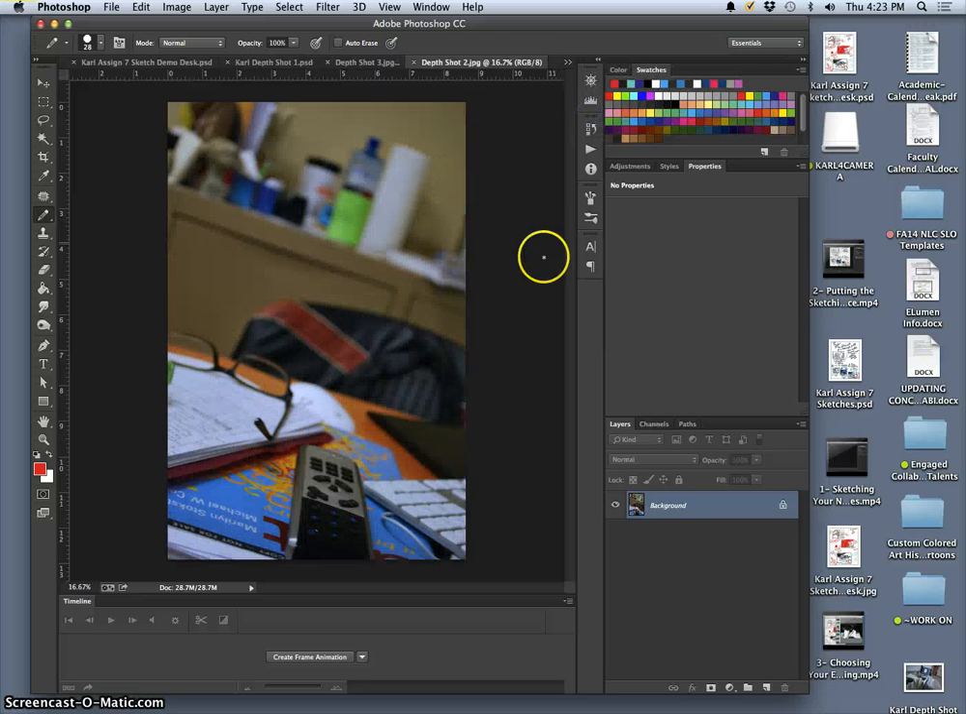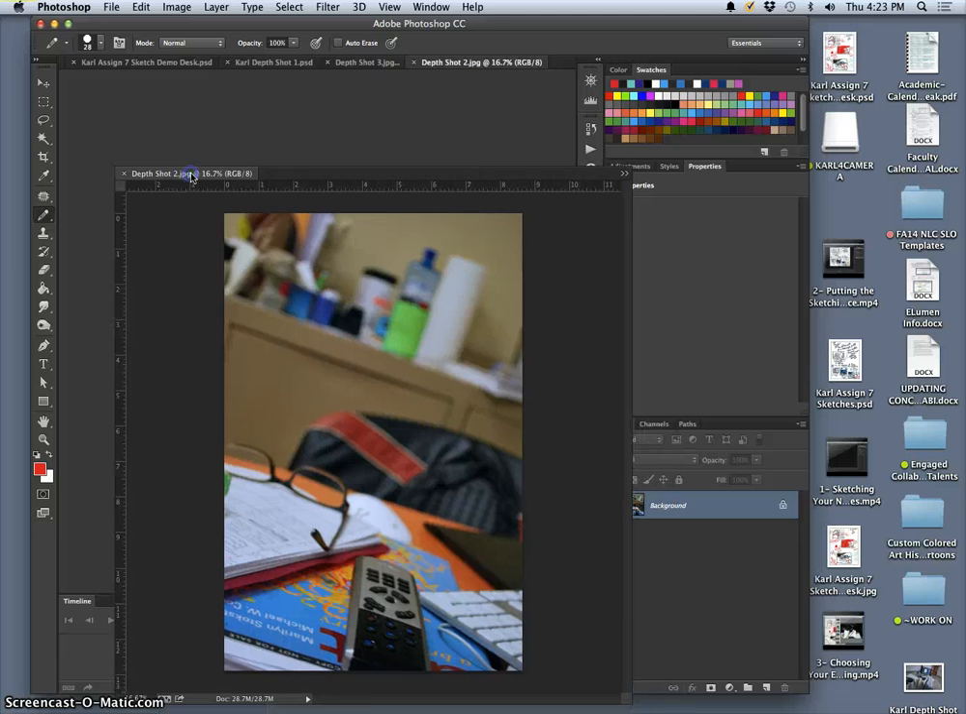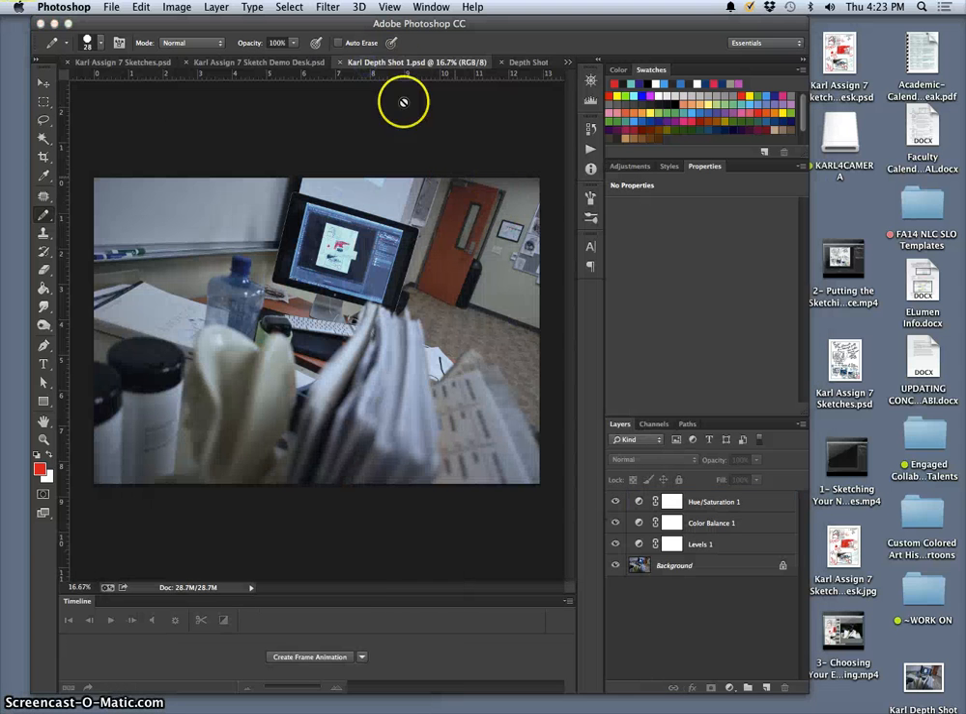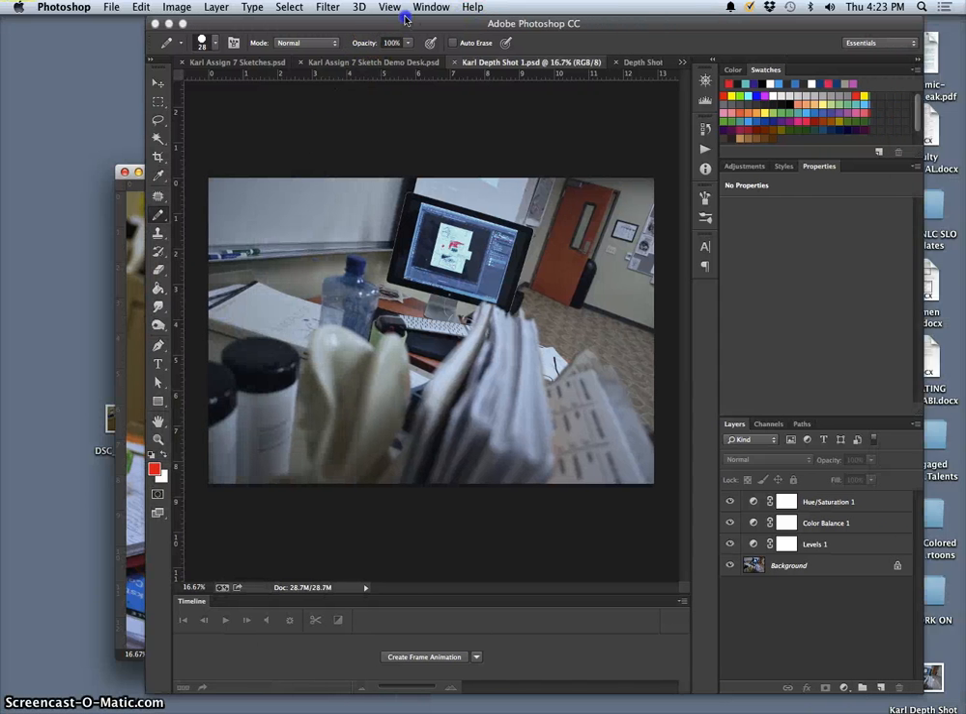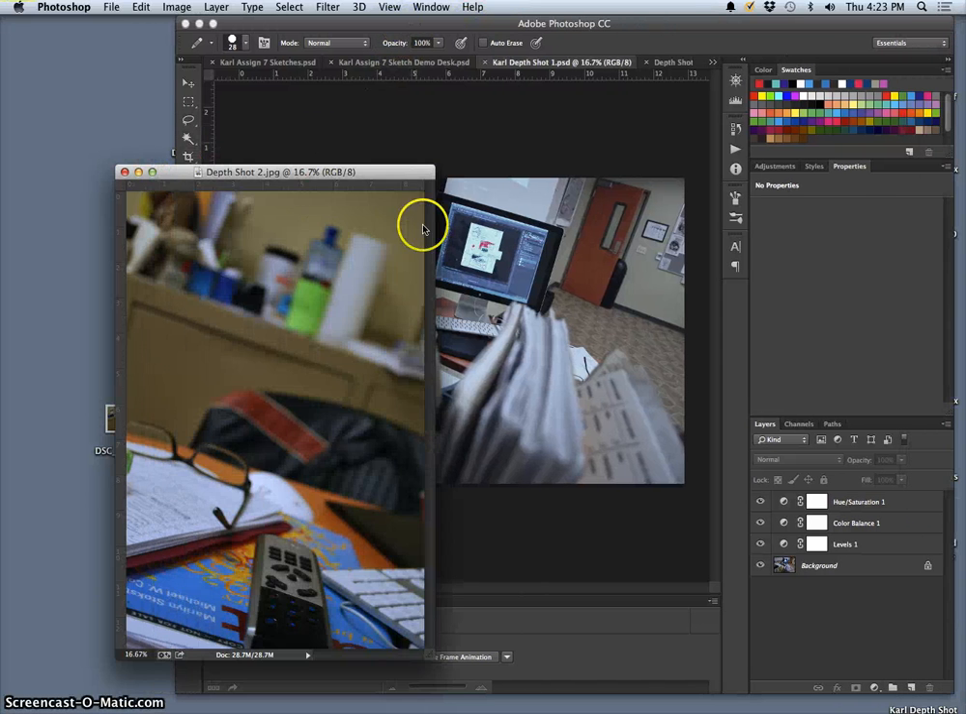I want to do depth shot 2. I'm going to swoop it out so depth shot 1 is in the background and depth shot 2 is out here. And there's many ways you can process them. But what I love about adjustment layers